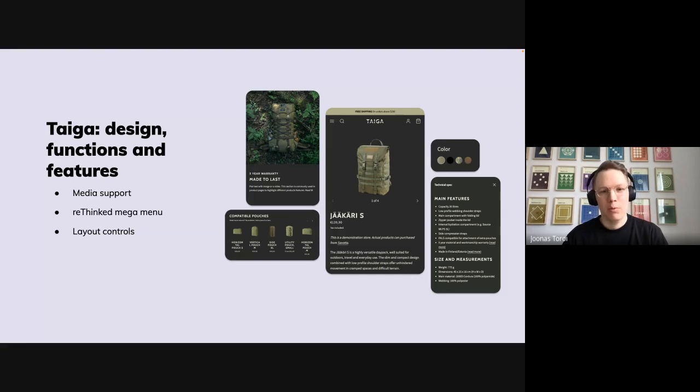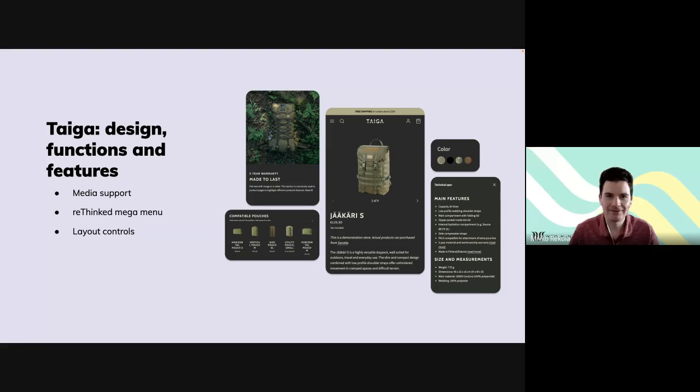But we try to make sure that Taiga is not the weakest link. It's going to be solid in terms of performance as well. I love it, and I have to admit that I've done some personal testing. So Taiga is the Ferrari. It's probably the fastest. We've done some case examples there, and Taiga is scoring extremely well. So if you're looking for something that loads fast and works very well on mobile, then definitely I would recommend trying